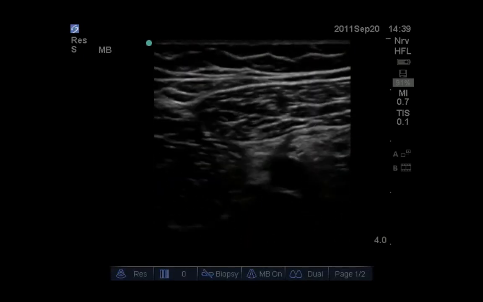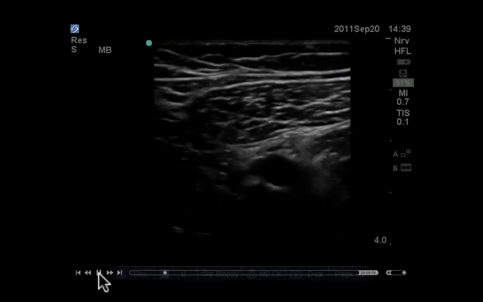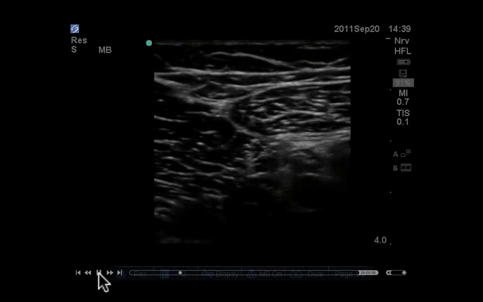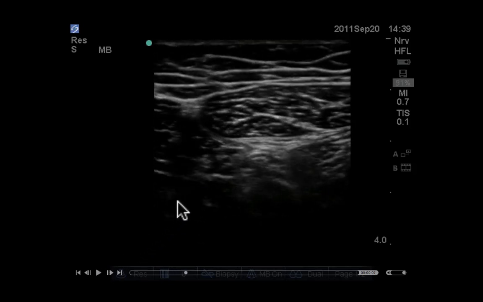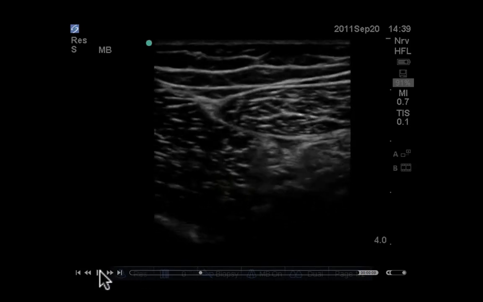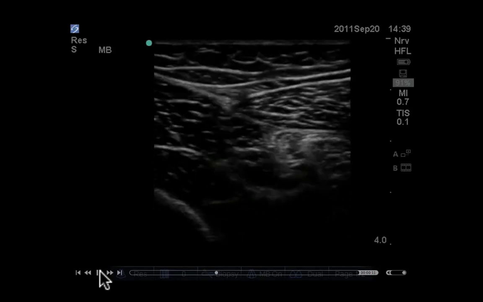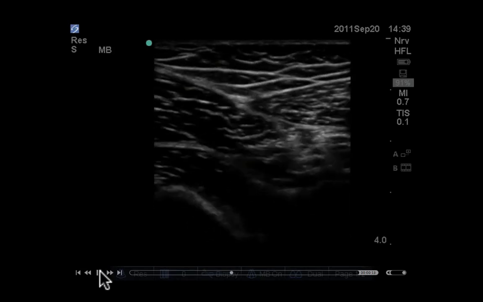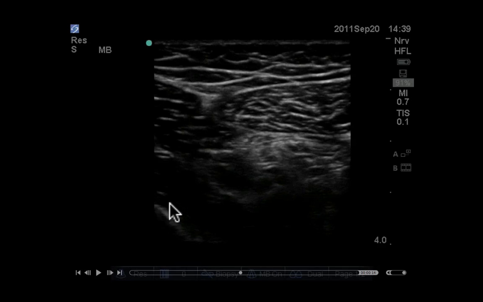Now, we're just sliding up and down the thigh. So I'll pause the video there. Now there's the top of the artery there. This is the tissue plane that we are looking at. And if we wait a little bit further on the video, we should get a nice view of the saphenous nerve. So if we look at this structure here,